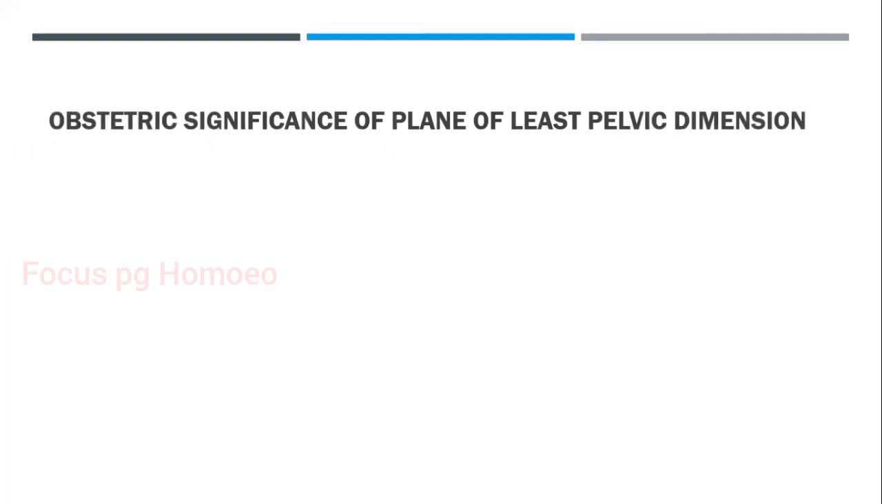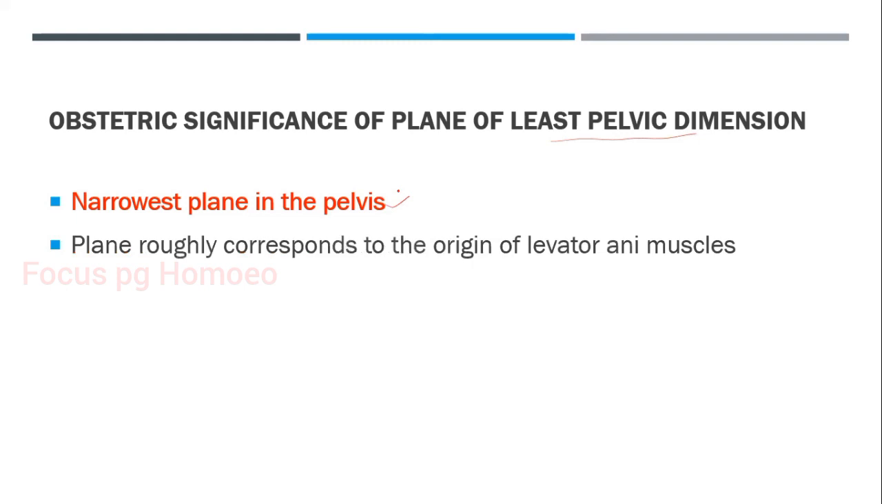Next, coming to the obstetric significance of the plane of least pelvic dimension. So, the narrowest plane in the pelvis. Why is it important? The plane of least pelvic dimension becomes very important when it comes to labor, especially. What is the importance? We'll see. Because it is the narrowest plane in the pelvis, this plane roughly corresponds to the origin of levator